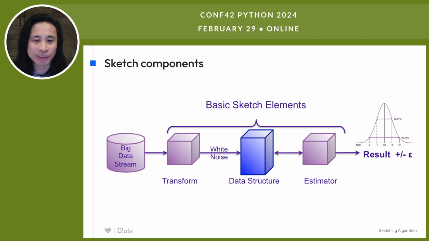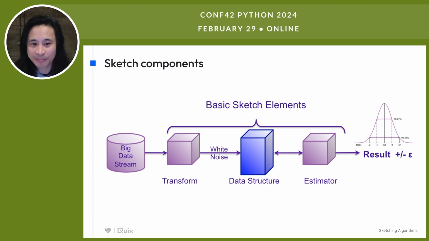So you have a uniform distribution of values. And this is usually achieved by hashing the input keys and then normalizing the result into a fraction, that is, a random number between 0 and 1. The second stage of the sketch is the creation and updating of a data structure that follows a set of rules for compressing down the values it receives from the transform stage. So in the middle there, when you initialize the sketch, you can configure the parameters for the data structure, which enable you to manage its memory.